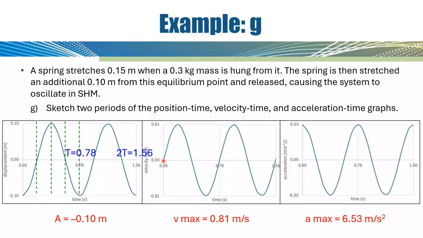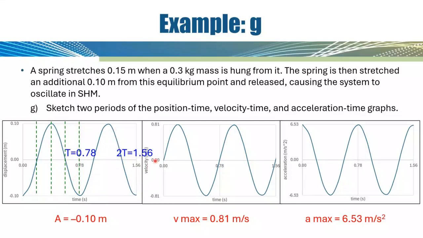one of the things to remember is that the velocity time graph is shifted pi over 2 radians from the displacement time graph. So if we go back to the displacement time graph and we take that first oscillation and we divide it into fourths, where this is pi over 2, this is pi, this is 3 pi over 2, and then this is 2 pi radians. If we go back to this pi over 2, that's where the velocity time graph will start. So this tells me that the velocity time graph is going to look like this, and I can graph out